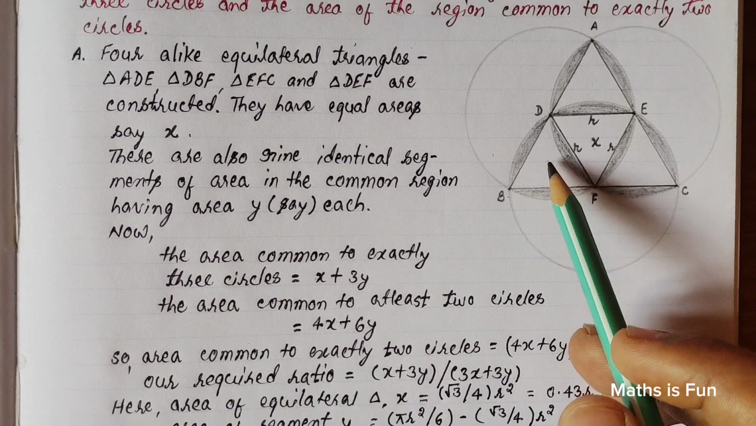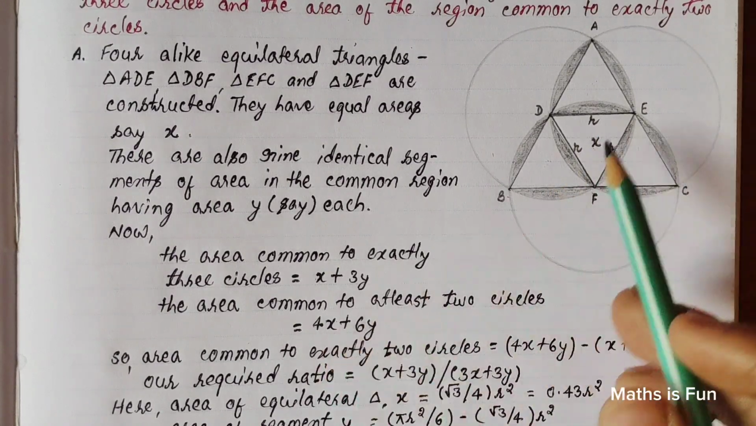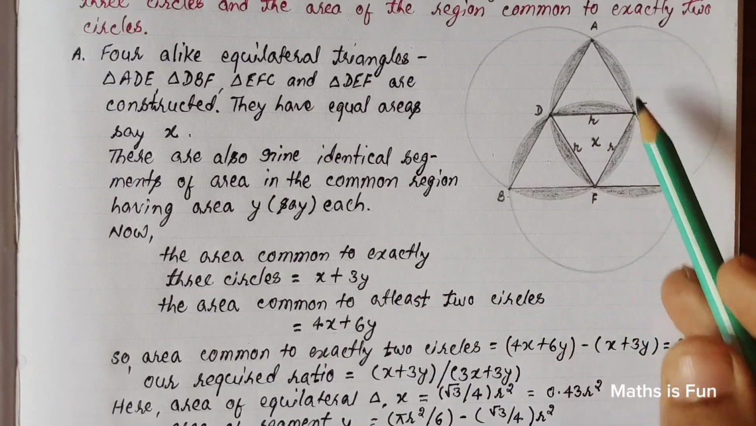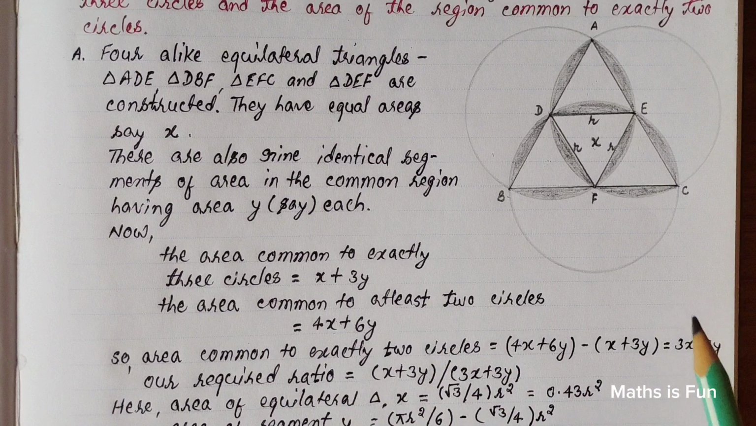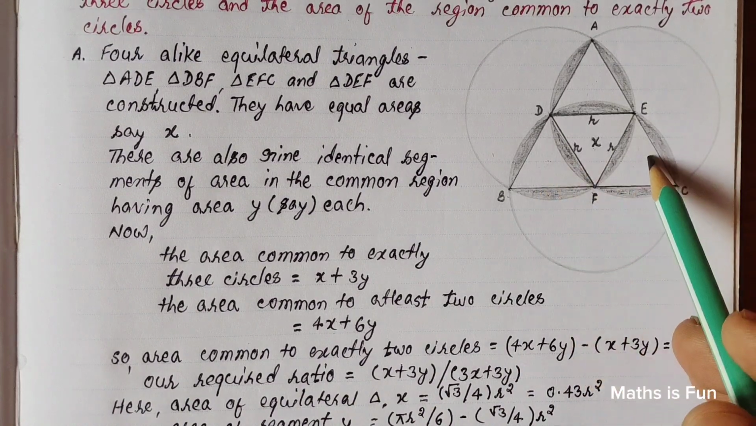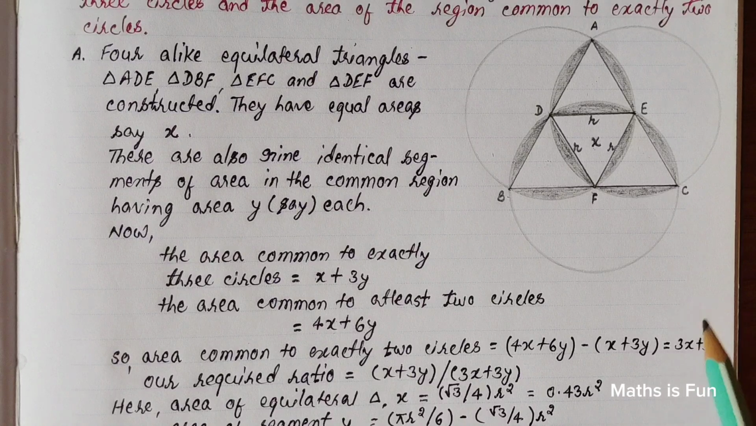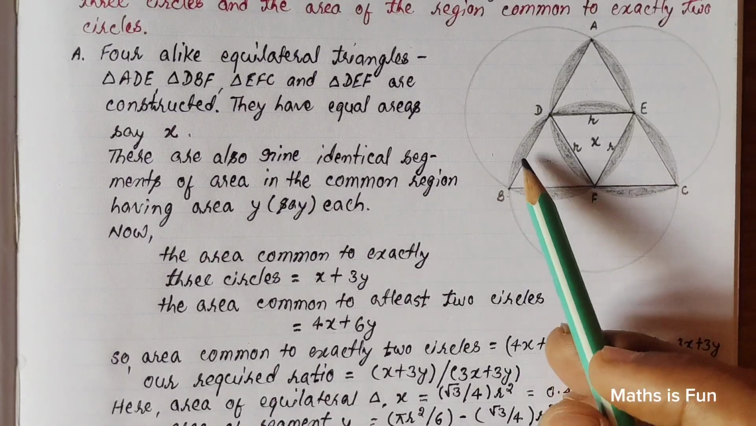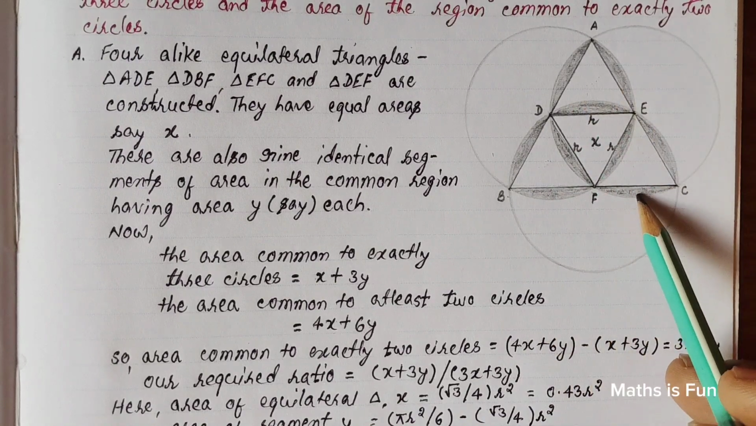whereas there are 4x, that is 4 equilateral triangles, 1 2 3 4, so we have 4x. So this whole area, common area, is 4x plus 6y. So the area common to exactly two circles, so this area and this area, so that will come out as 3x plus 3y. So you can see that there are 6 shaded regions, 1 2 3 4 5 6, but